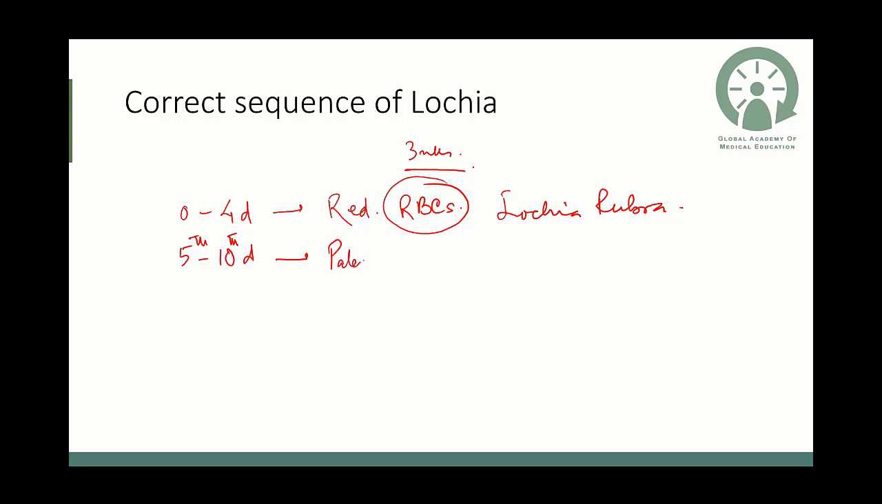It becomes paler, pinkish or brownish sort of color. This is known as lochia serosa, or yellow. This is known as lochia serosa. And afterwards, for roughly the next 2 weeks,